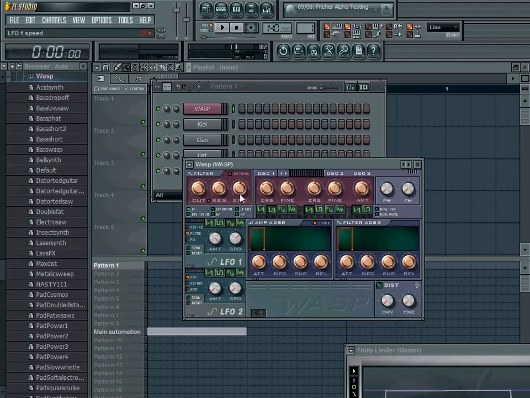And now the speed is where the oscillation comes in. See how it rotates like that? Now if you put it on sync, it'll sync it to the tempo, which is 140. And if you hit reset, which means every time it does a new note, it resets so that way it doesn't think it's the same wobble. I don't know if that makes any sense, but